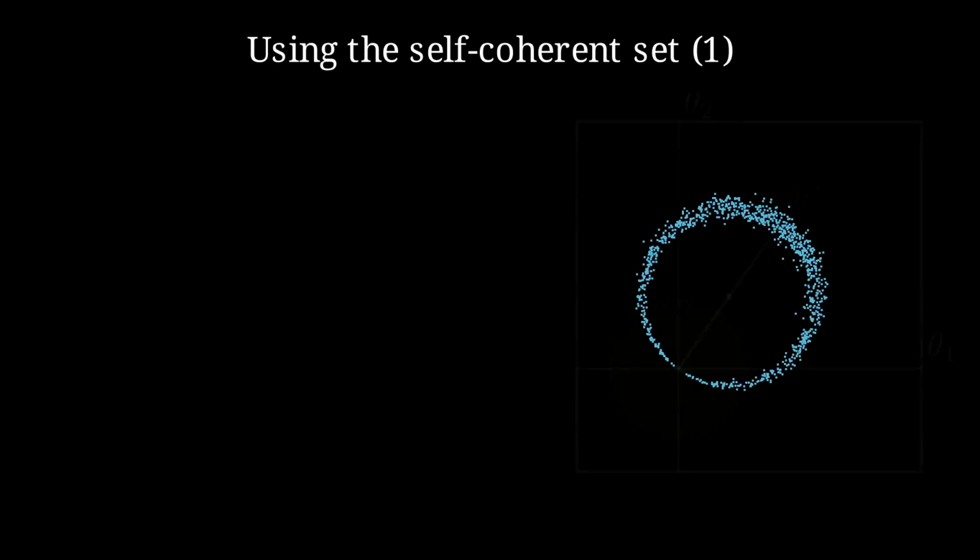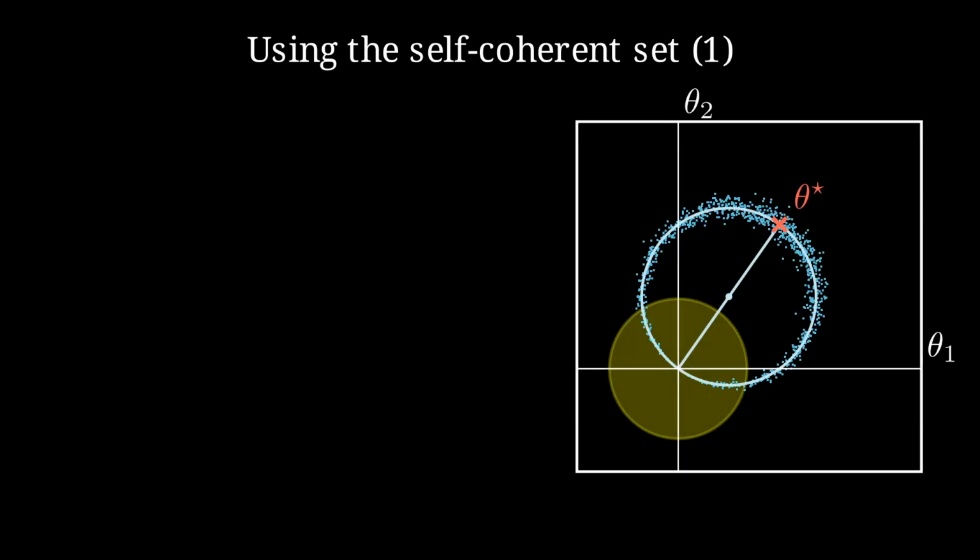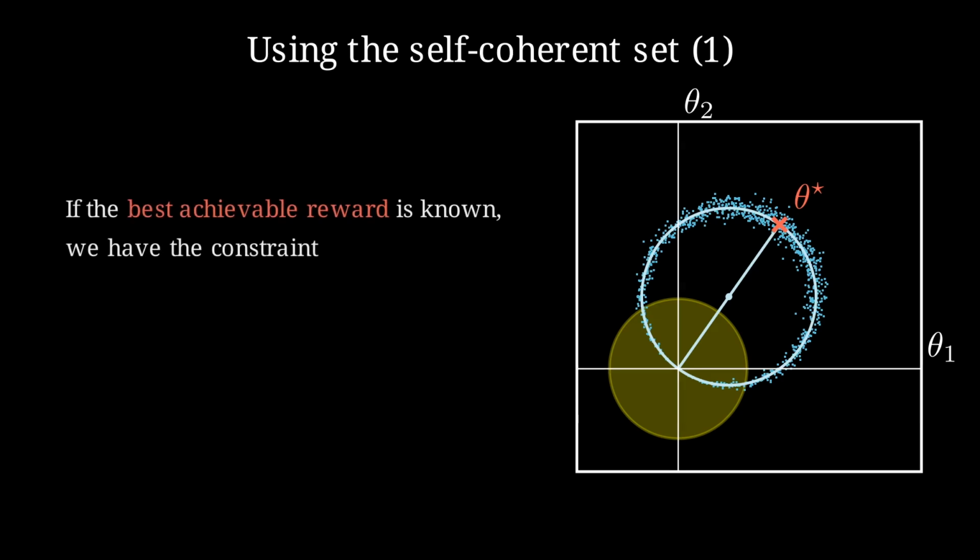So first, let's assume that I'm giving you some information for free. I'm telling you what is the best achievable reward of the problem. You don't know theta star, but what I'm telling you is the reward that you would get if you play optimally in this world described by theta star. I'm not telling you which action leads to the best reward. I'm not giving you theta star, just what is the best reward. Doesn't seem that strong, right? But in fact, that's a constraint we can trace,